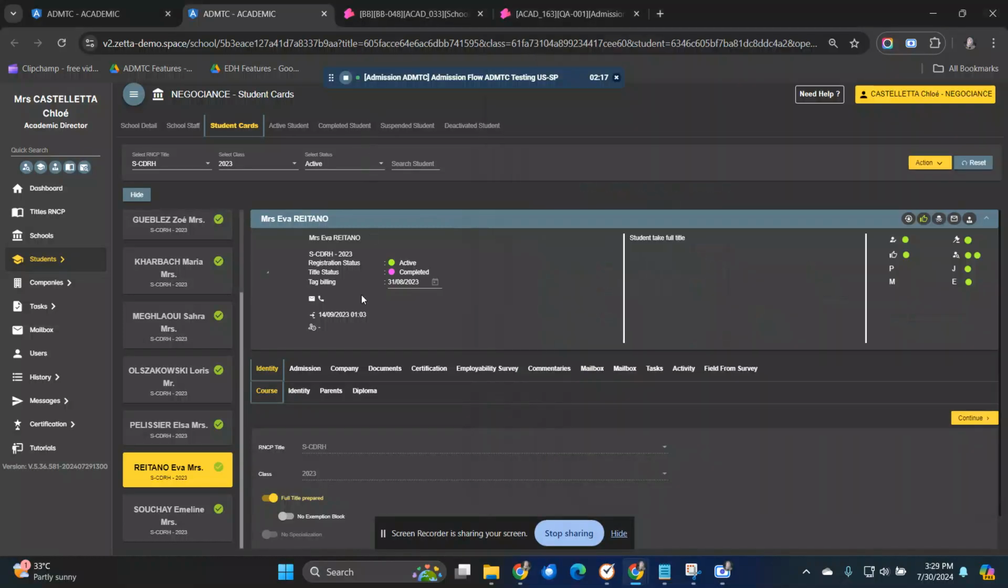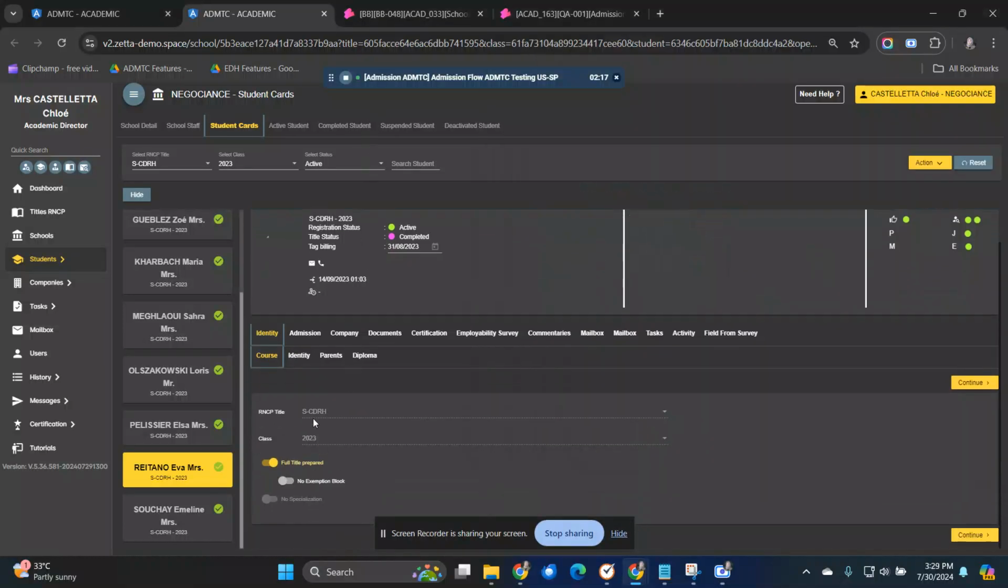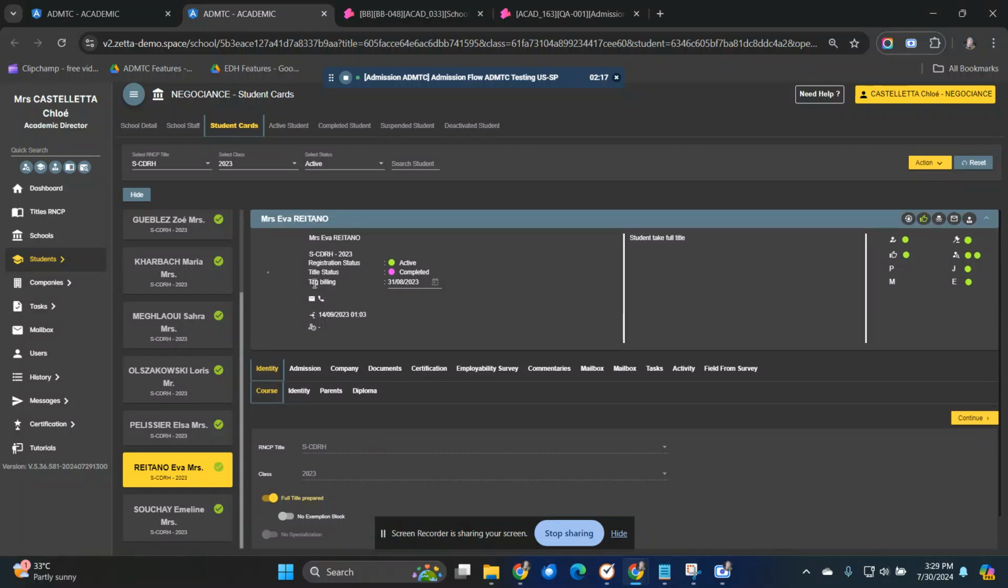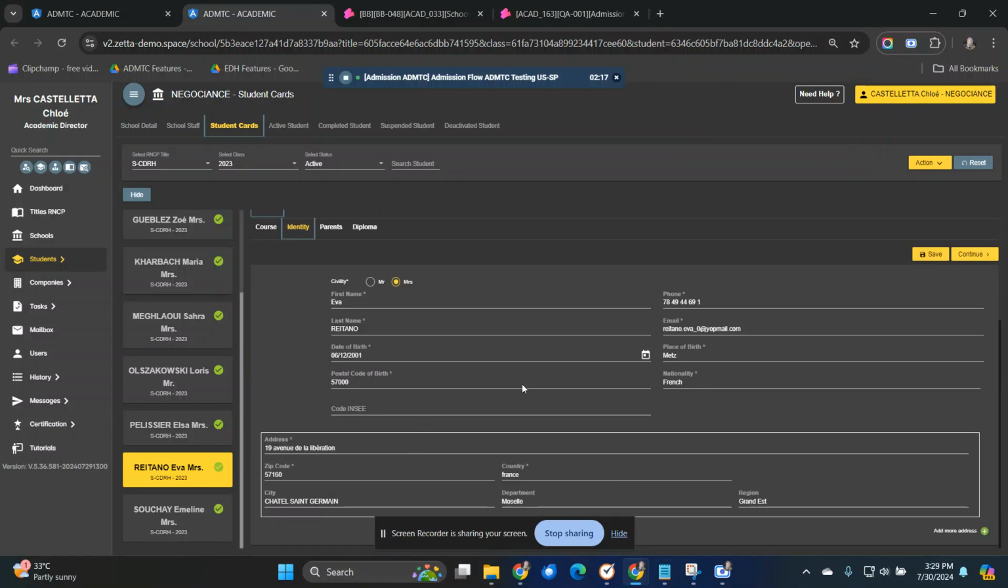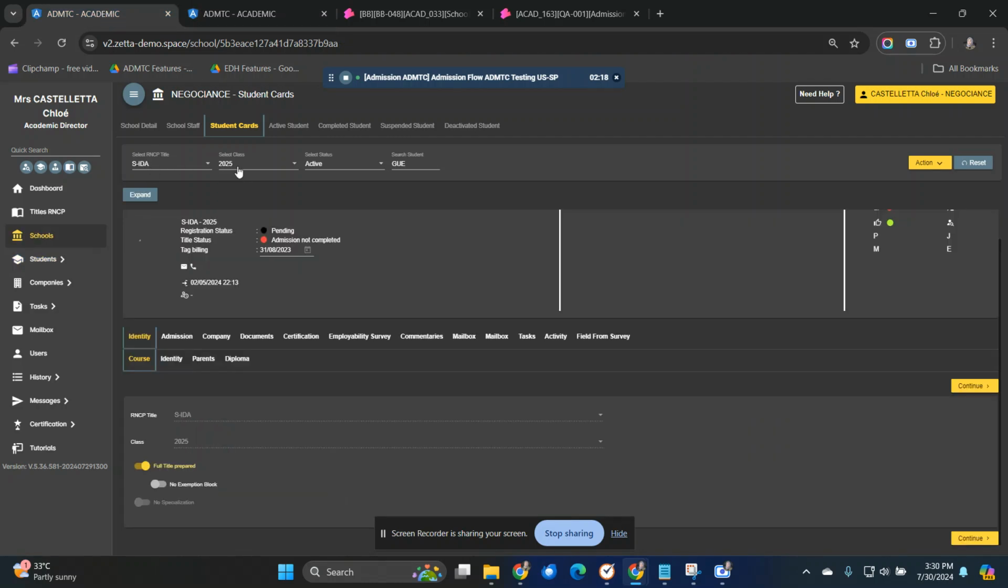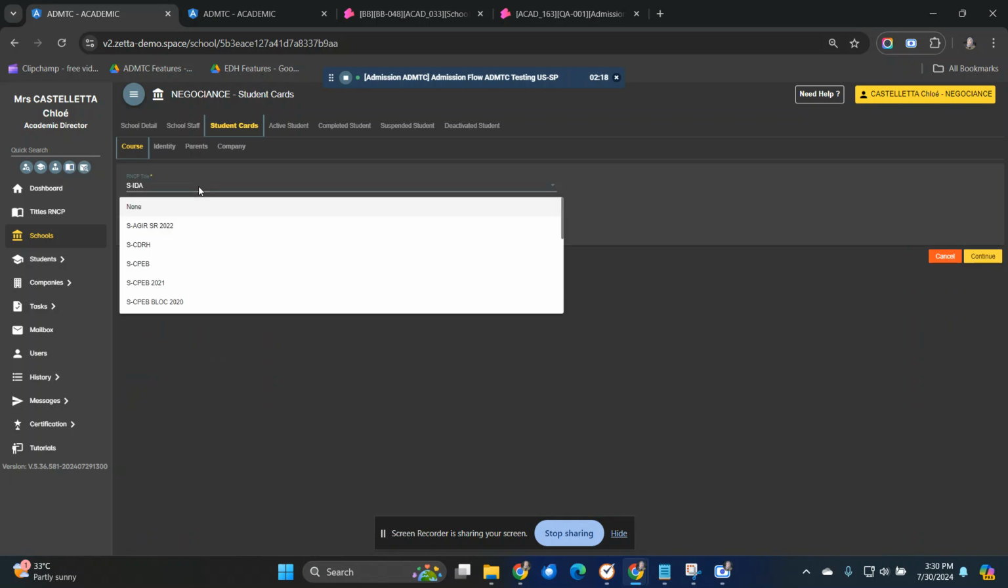Okay, so from here, I want to use this email of the student with the title status is completed. I go to the identity and check for the email. You can see the student from the CDRH 2023, and in here ASIDA 2025. I want to add a student